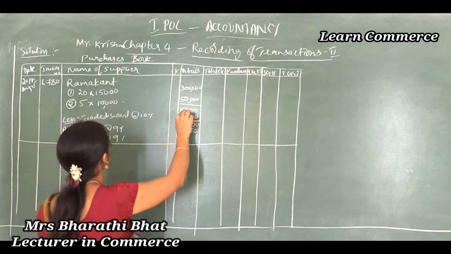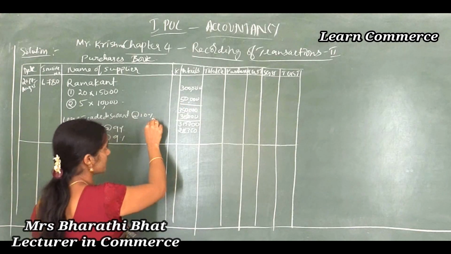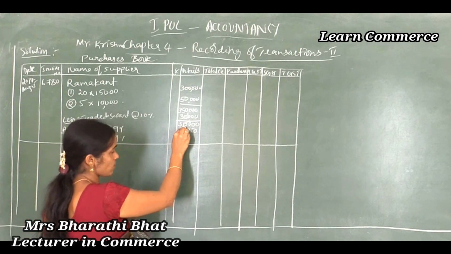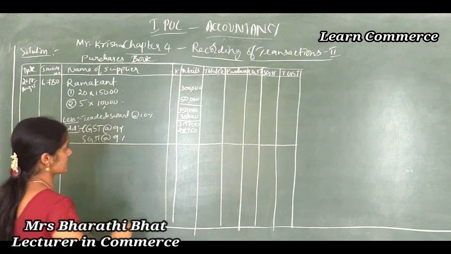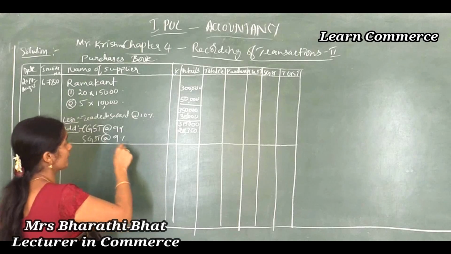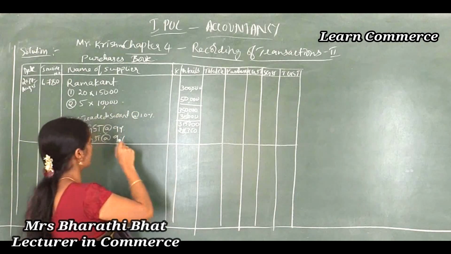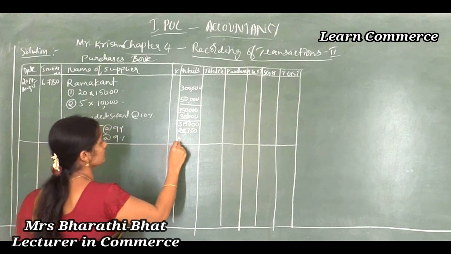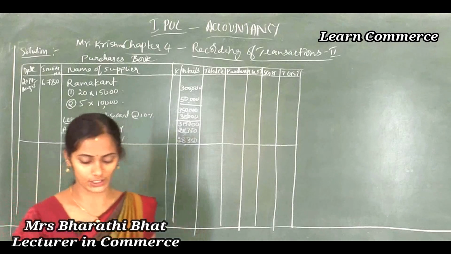So we have to calculate GST after deducting discount. So actual amount 3,50,000, but they give discount at 10%. So 35,000 deducted. So total 3,15,000. For this amount we have to calculate 9% GST, in both cases. So 3,15,000 into 9 by 100, 28,350. CGST is revenue to the central government, and SGST is revenue to the state government. So 28,350 and again 28,350. So this is the calculation of GST.